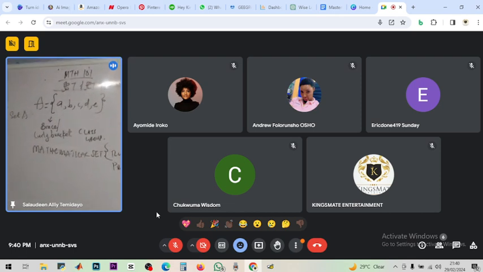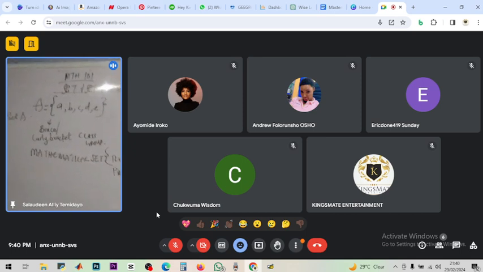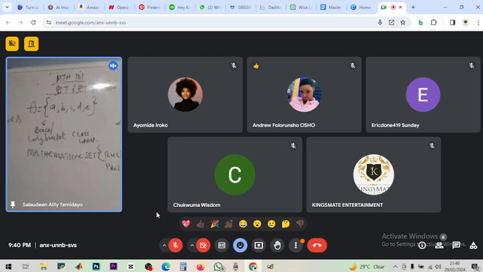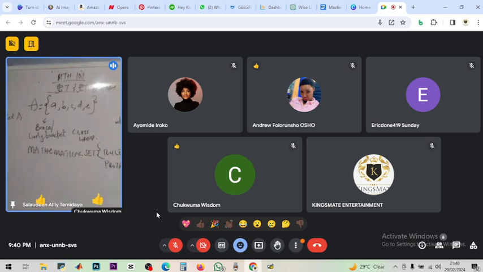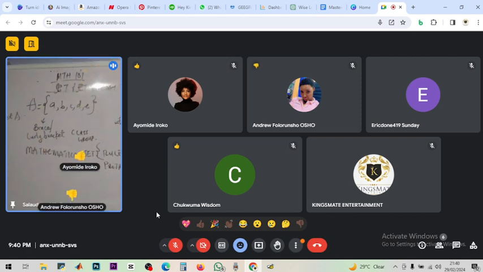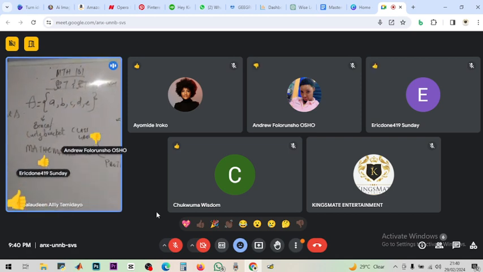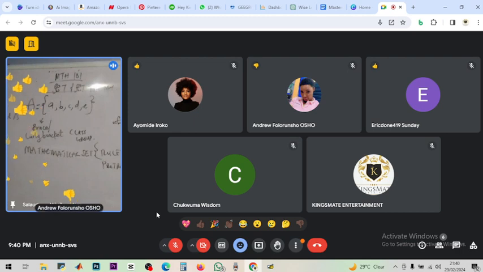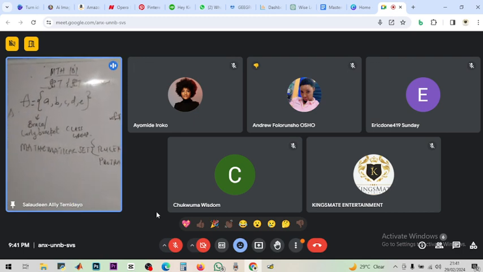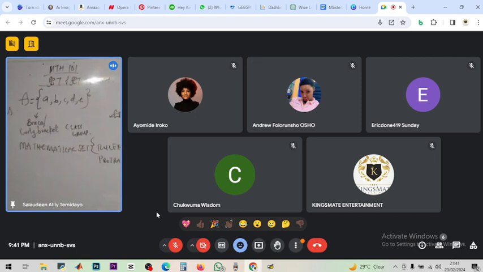Show with a reaction. If you understand it, use that reaction here without interrupting rudely. If you do not understand it, use the other one that Mr. Andrew will use now. Note his name. Can you see what Mr. Andrew is using now? If you do not understand. I think those that we have here understand what is going on. All right, it's fine then. Thank you, Mr. Andrew.